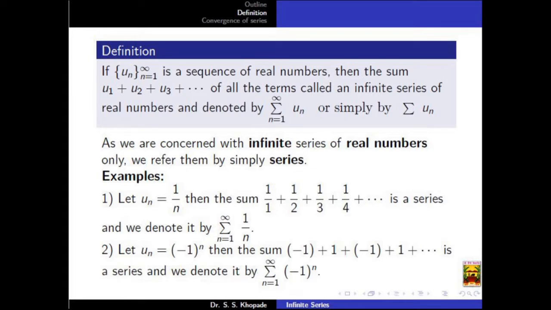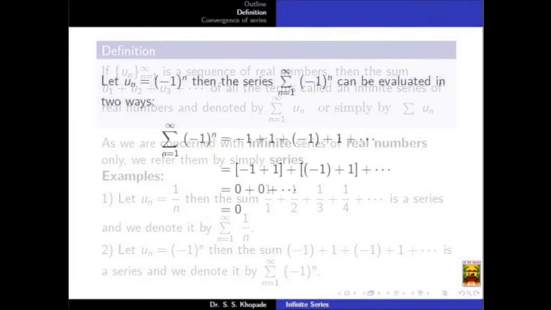Now if we are going to add a finite number of terms, there is no problem, but as a series contains infinitely many terms, there are different issues in adding an infinite number of terms. So we need analysis to give meaning to this infinite addition. There are different chaotic situations where we get confused with this type of series. One example is given here.